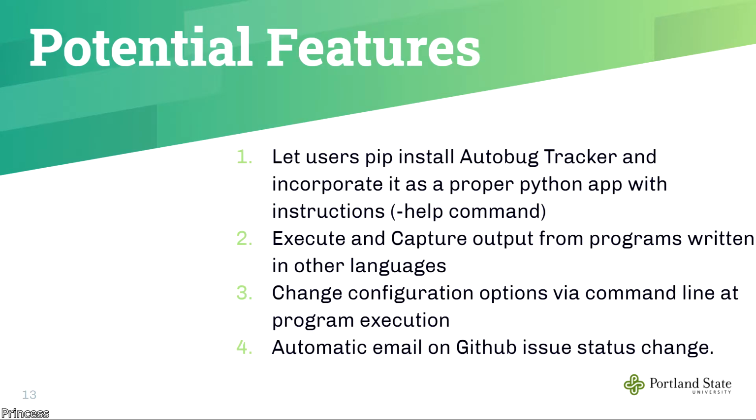If our team had more time, we would pursue implementing features like enabling users to pip install the AutoBugTracker with proper Python app conventions. We'd also want AutoBugTracker to be able to capture outputs from programs written in languages other than Python, like C++ or Java. AutoBugTracker would be easier to use if the configuration file could be changed via command line options, and further expanding the notification system to automatically send an email when a GitHub issue is resolved would make the app